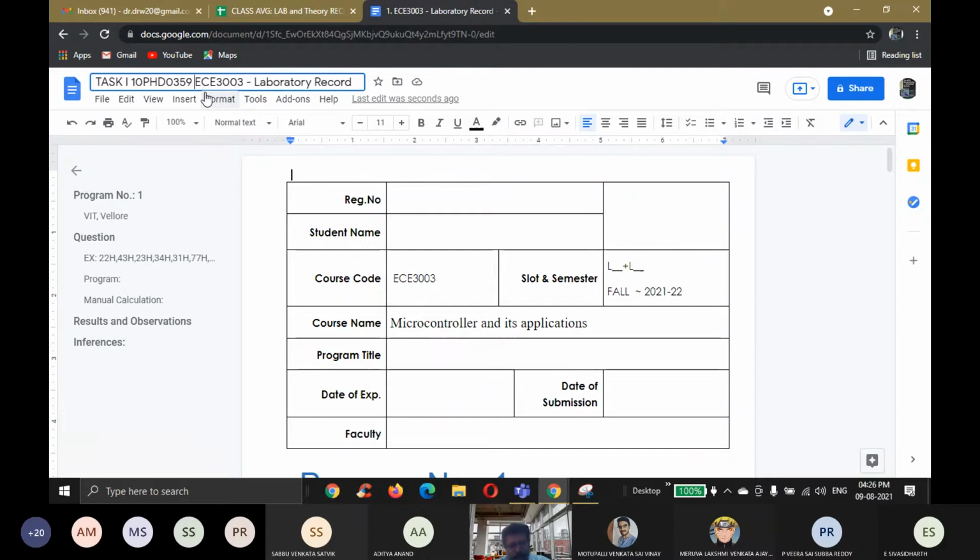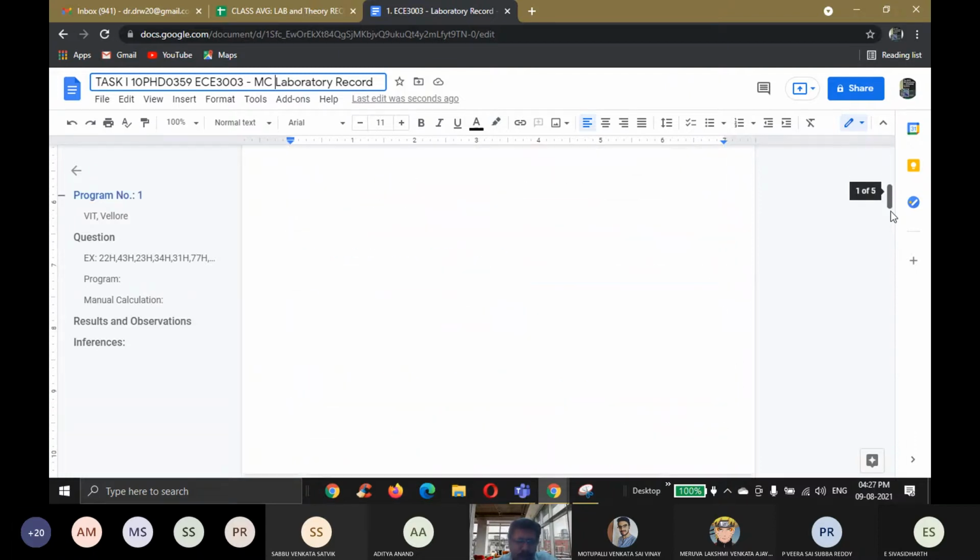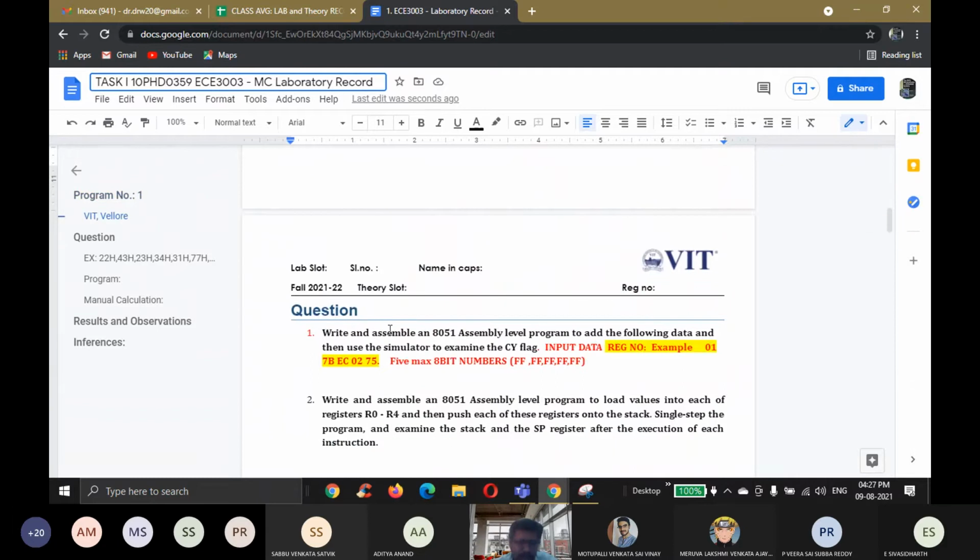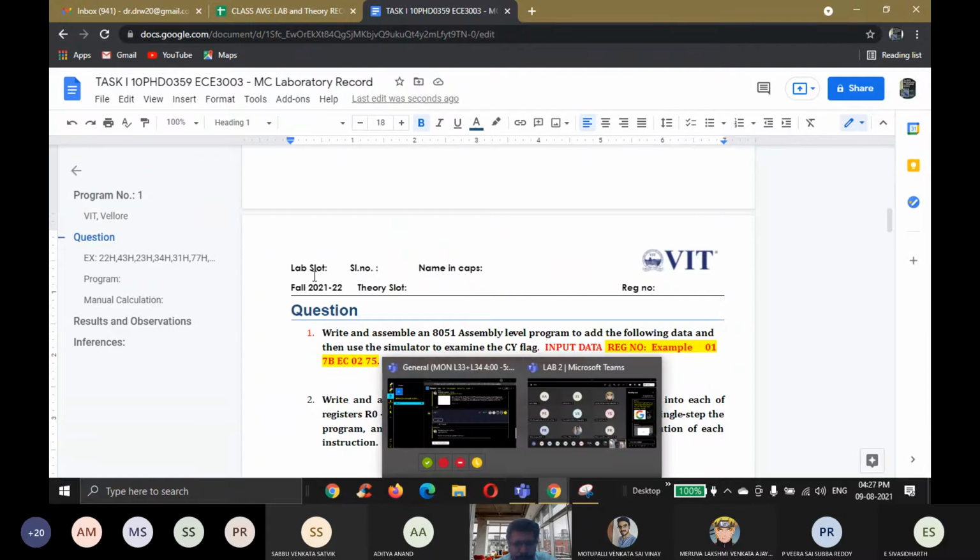Then you type your name. MC lab record. Okay, done now. After this, you can fill these details in your document. Fill all these details. Fill your lab slot. So what is your lab slot?